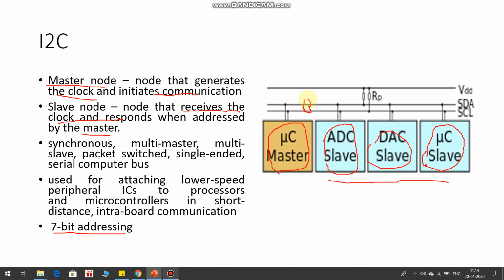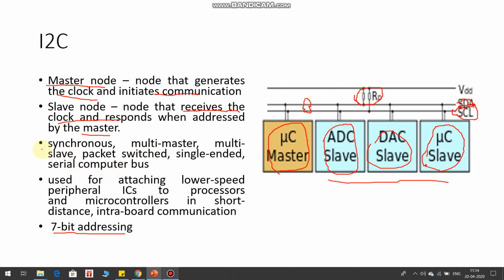So these slave and master devices are connected in the I2C bus, which consists of two lines of communication, called SDA and SCL. SDA is used to carry the data from one device to another device, and SCL is used to carry the clock pulses for synchronizing the data communication. Since these two lines are open-ended, pull-up resistors are connected between VCC and the two lines.